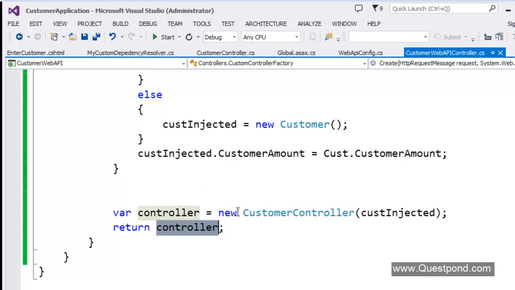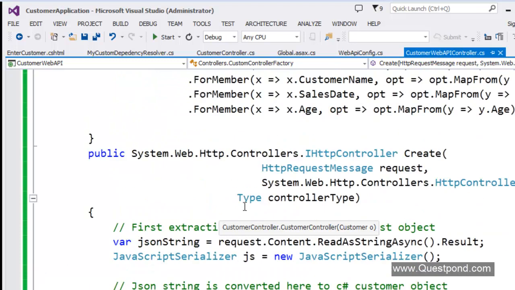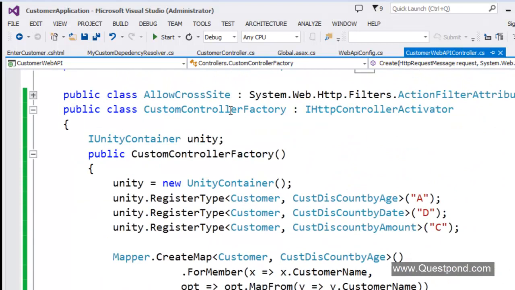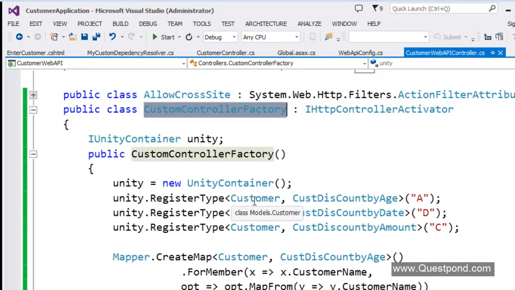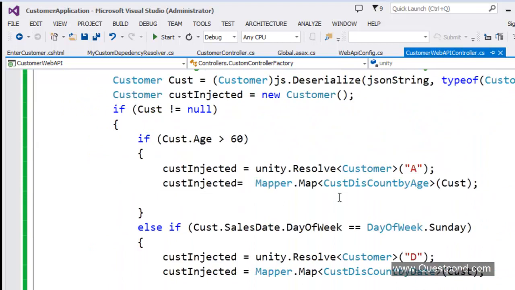So in simple words, if you see the flow now, the end user will send a request, right? The request will first come to this controller factory. The controller factory has all the necessary things for saying which object can be injected. It also has the auto mapping, everything. So it will take this request, and depending on the request, it will create either customer calculation, customer discount calculation by age, or customer discount calculation by date.